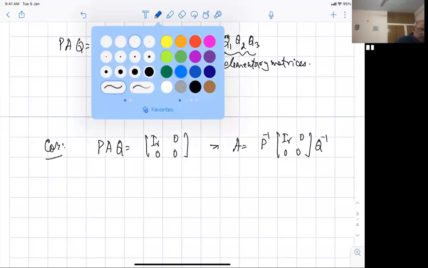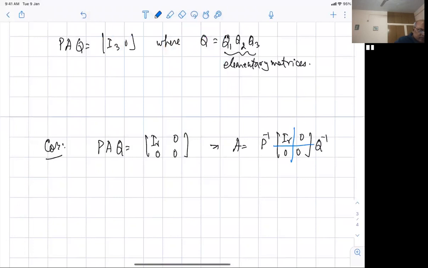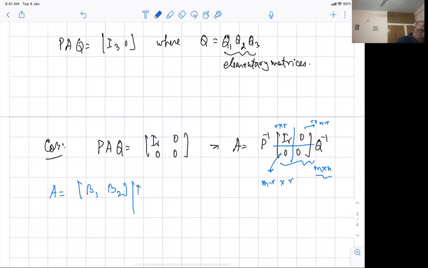Now, I want you to look at this a bit more carefully. So this is an R cross R matrix. The size of this matrix is M cross N. So what is the size of this matrix? The size of this matrix will be M minus R cross R. And accordingly, the size of this, you can look at what it is. It will be R cross N minus R. Fine. So just compute, because the total size is this. I_R is R cross R, so you can get this part. So you can also write A as some B1, B2, times I_R, 0, 0, 0, times C1, C2.